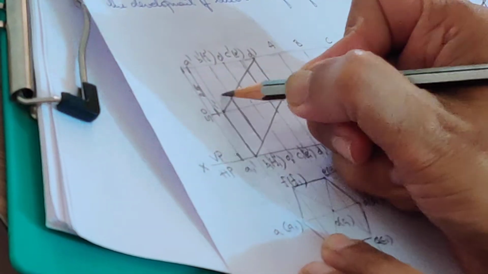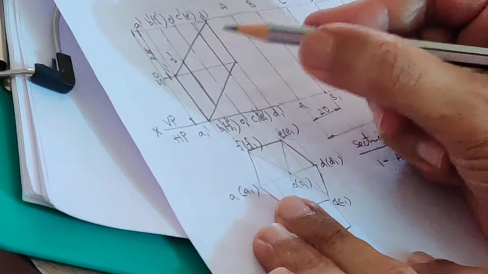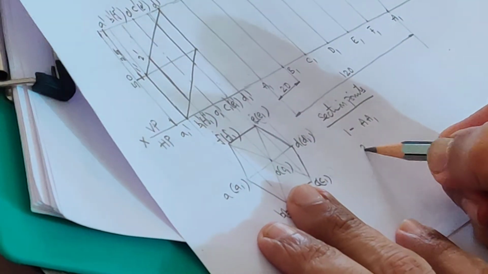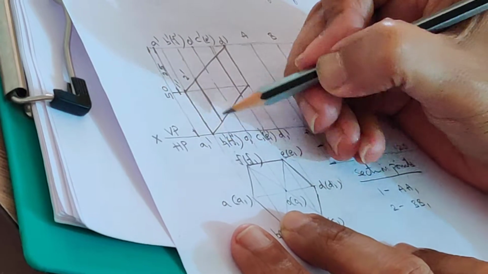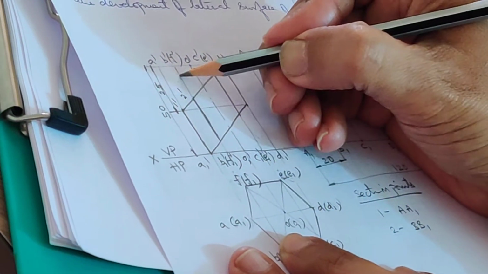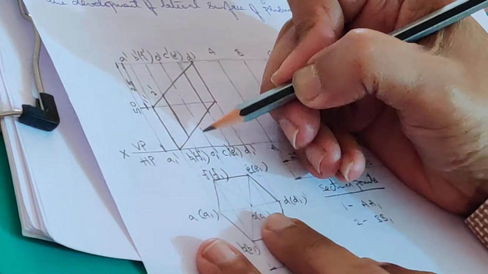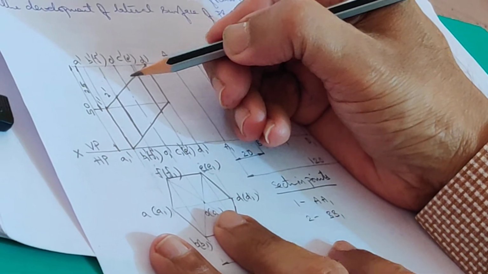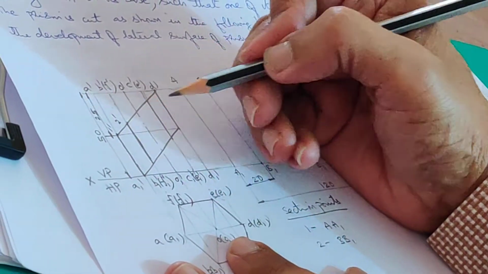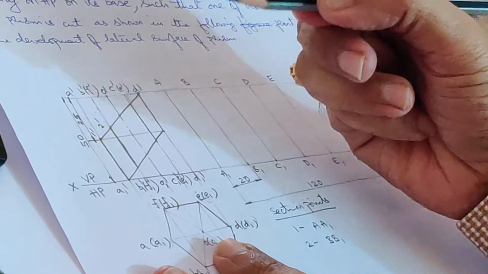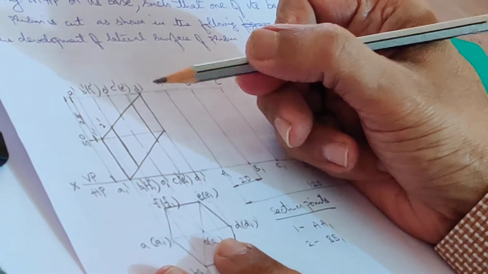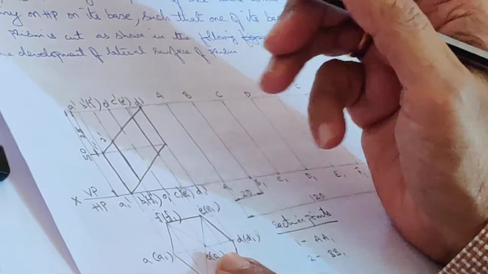Next 2 dash. Dash I am putting because it is front view. 2 is on BB1. In fact, here you have got two longer edges. BB1 is a visible edge. FF1 is in brackets, so it is invisible edge. I'll come back to the section point on that later. Next, you move to axis. Axis is an imaginary line, so you don't name any section point on the axis.